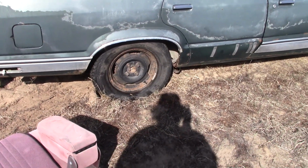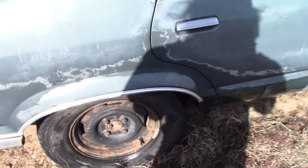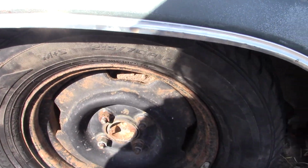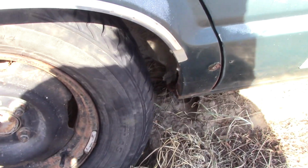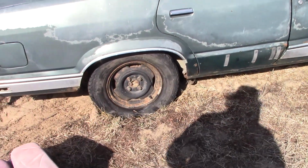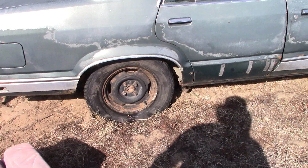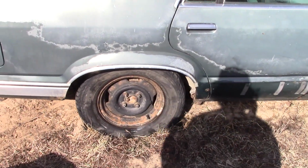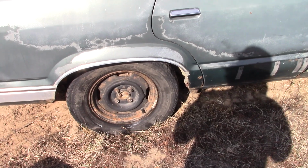Well, awesome. Tire fit between the wheel well here, which is what I was worried about. Doesn't look like it's gonna rub, and it holds air, so I'm happy about that. And I suppose wider tires wouldn't hurt. I might swap them all that way, but that'll be for a future day, because unfortunately I can't work on this anymore today